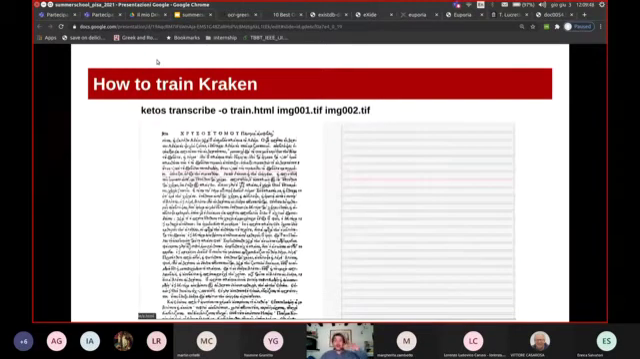Kraken has a command line command called Ketos that helps you make the association between the line image and the corresponding ground truth, so the corresponding accurate manual transcription. If you launch this command, this Ketos,